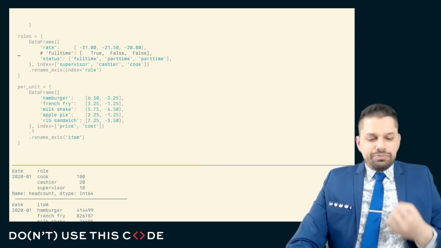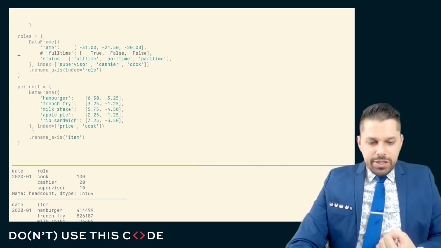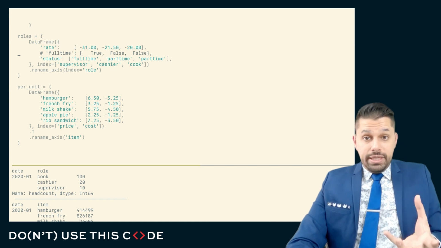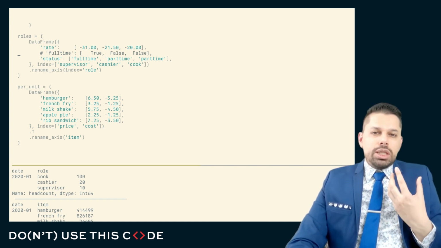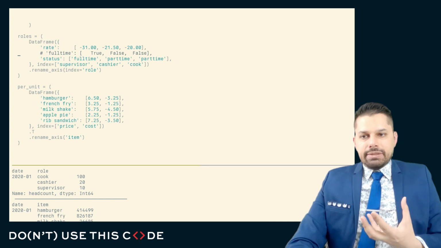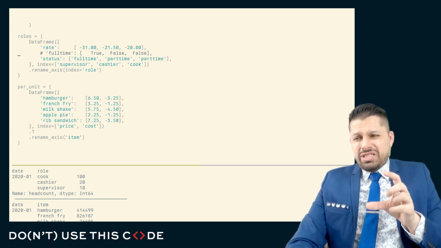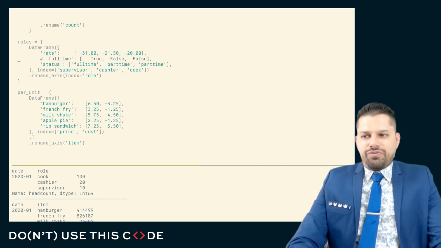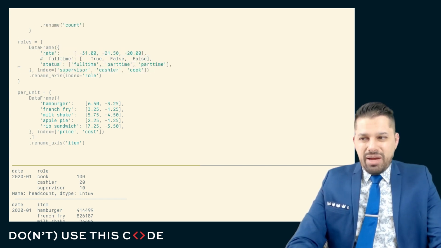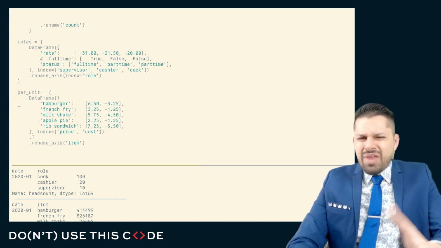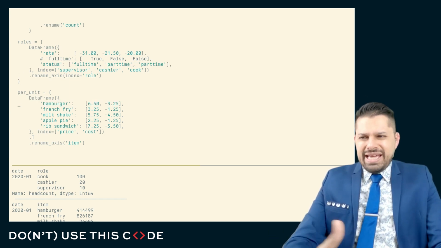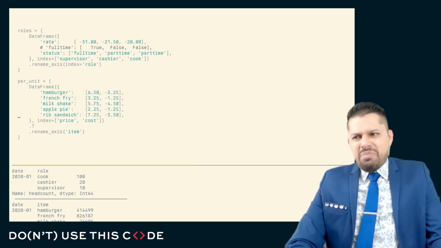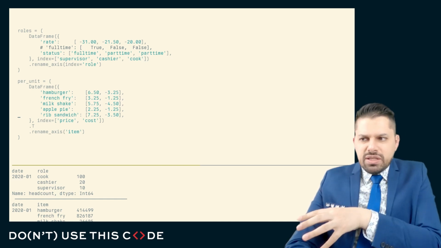The reason for that is it is often the case, especially if I'm doing a business analysis, that there are certain factors that I want to play with, that I want to tweak, and certain factors that are not really part of my analysis. And do I really want to have 4 spreadsheets where some of these are really small and just include information like what the hourly rate is for the different roles that I have, or whether they are full-time or part-time roles? Do I really want to have yet another sheet here that I'm not really going to play with or edit, with the prices and the costs for each of the things that I'm offering at my restaurant? Maybe not. It might just be convenient enough for me to just hard code these in this script,